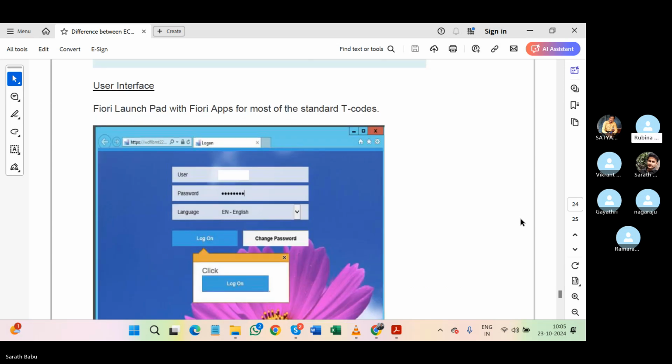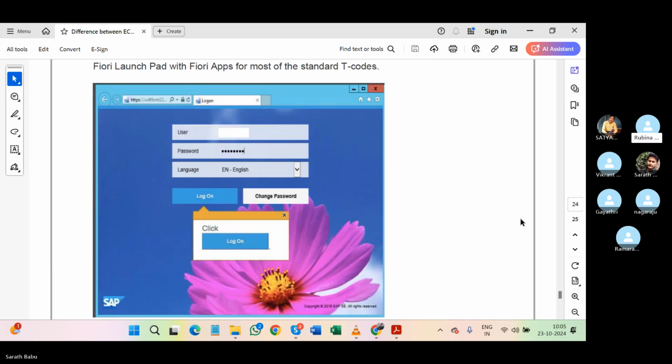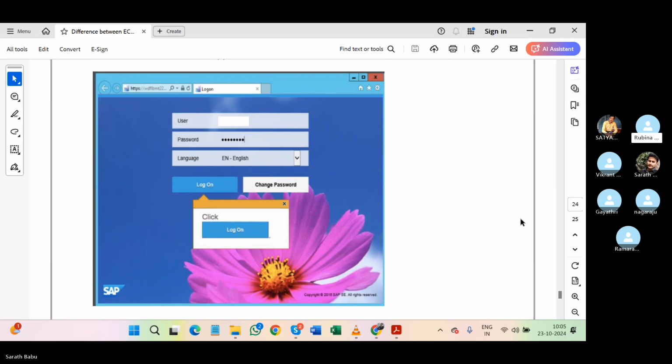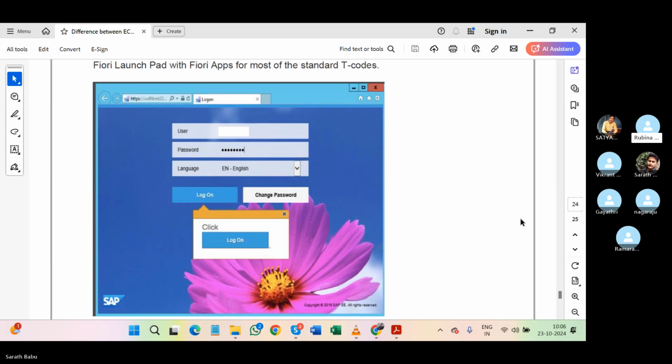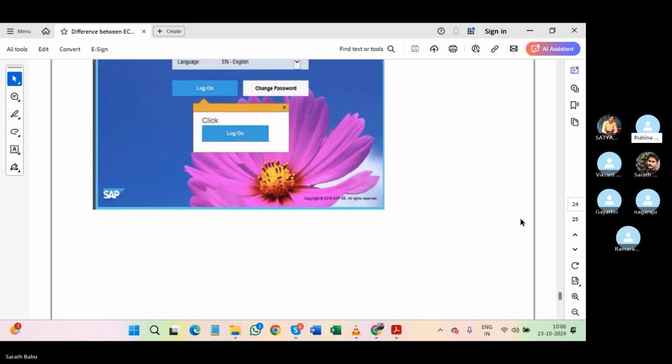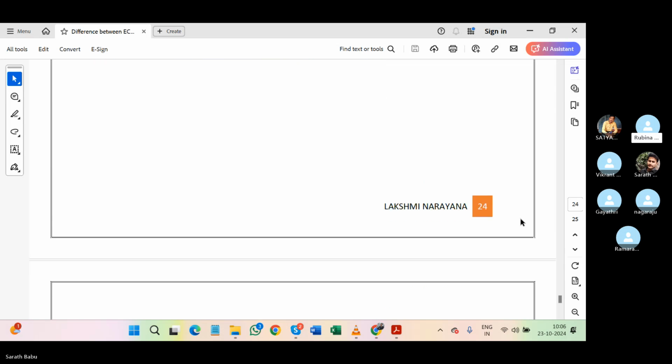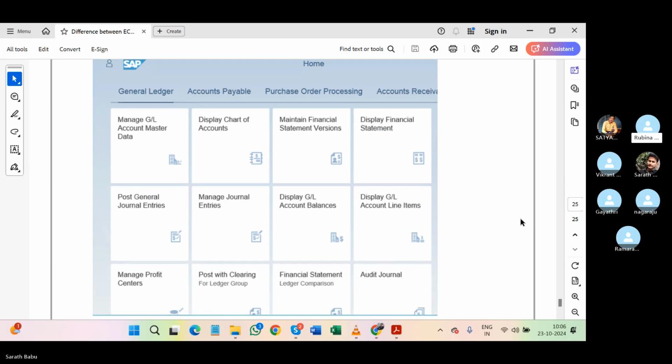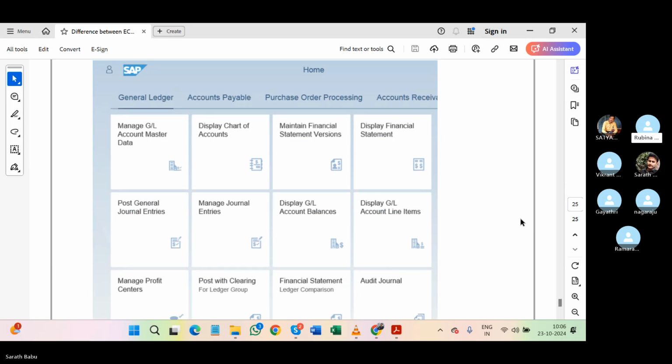Fiori apps. We are using these Fiori apps for the creation of house banks in S4HANA. While going to the Fiori apps, first it will ask for the user and password, so that we can log in through that into the Fiori apps. Authentication will be asked there. And then